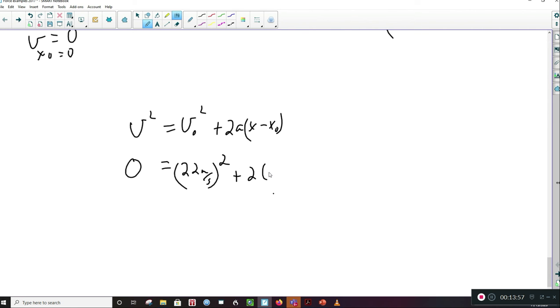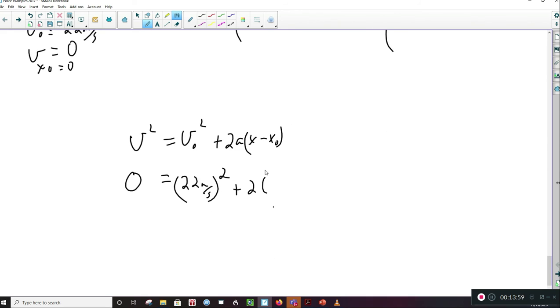Plus 2, now what was my a? That's what we just calculated, negative 2.8. Times x minus 0. So 0 is equal to, is this 484 or something like that? It's 484. So this is going to equal 484 meters squared per second squared